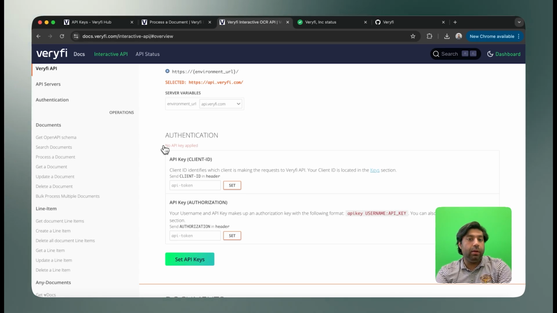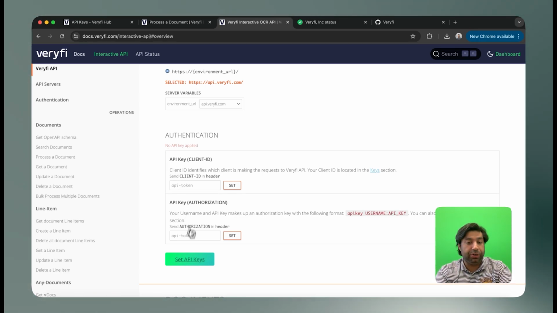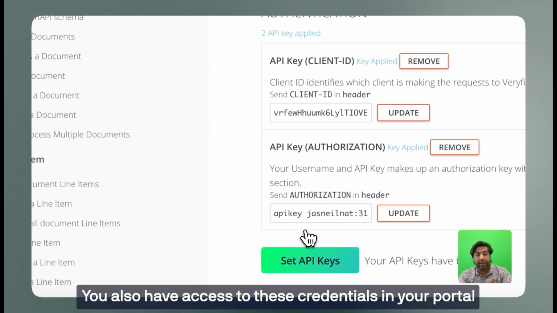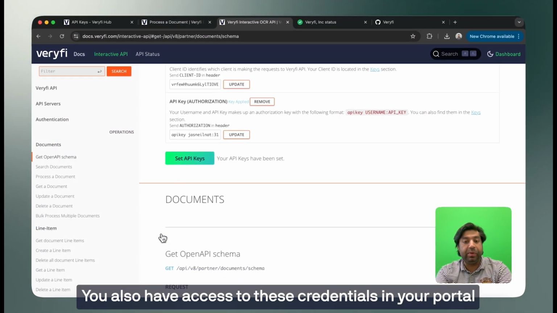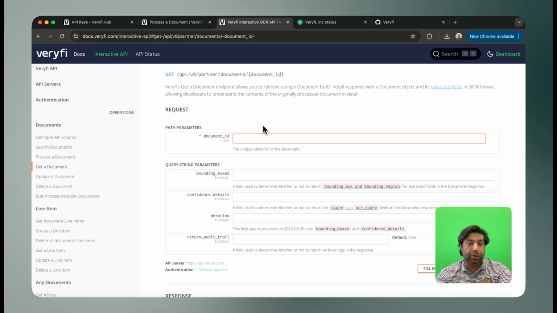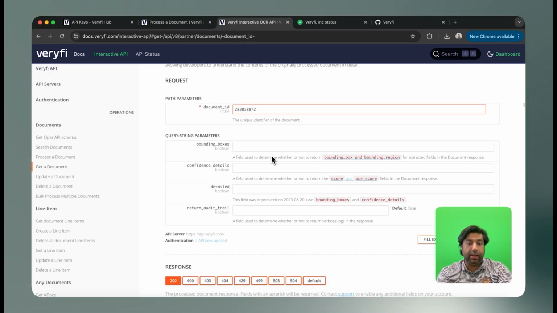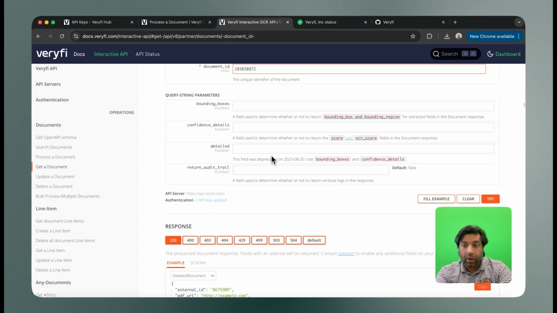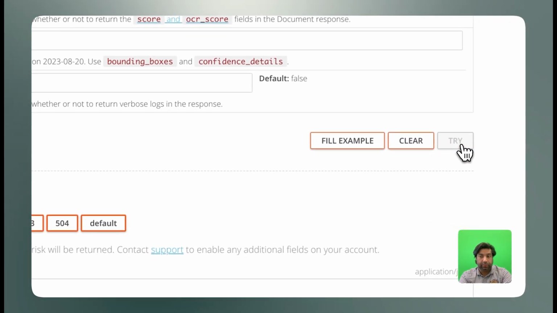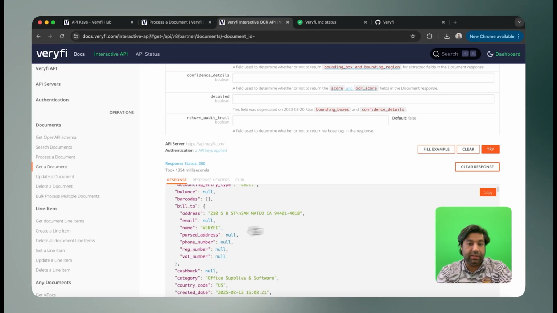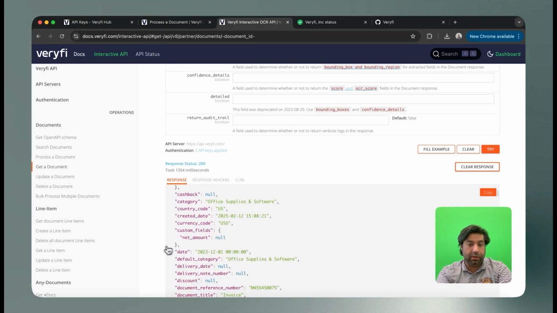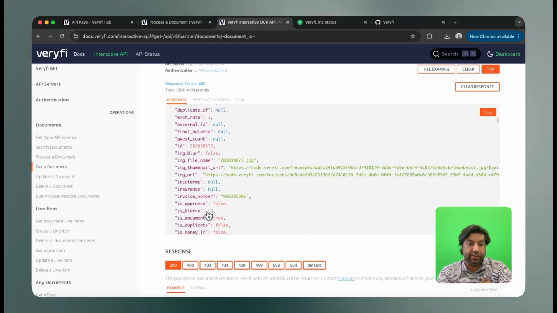So upon entering the interactive API and logging in on a different browser, you're able to hit the set API keys automatically and be able to use the interactive API. So for example, enter a document ID and give that a try. There we go, we're able to see the JSON response through the dashboard, also as if it would come through